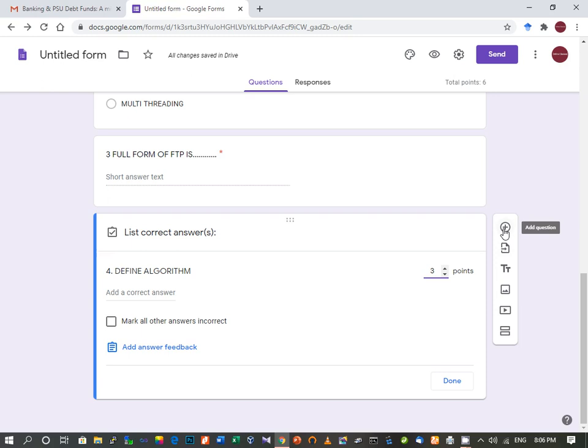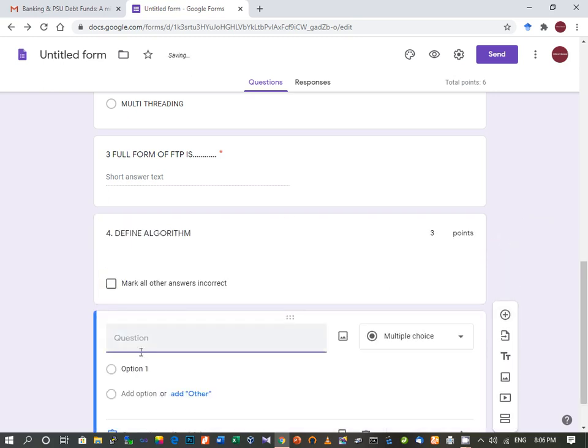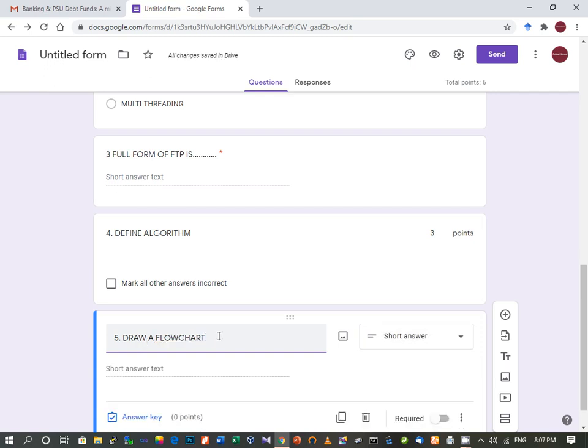Similarly, I'm going to provide one question which will be for drawing a diagram. In this video we can learn all such possibilities of questions which we can give to students. So: draw a flow chart to find the area of a circle.